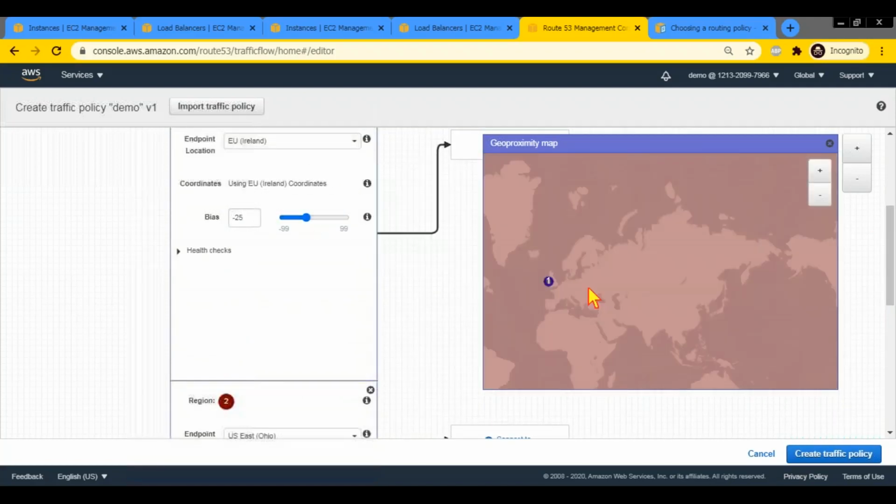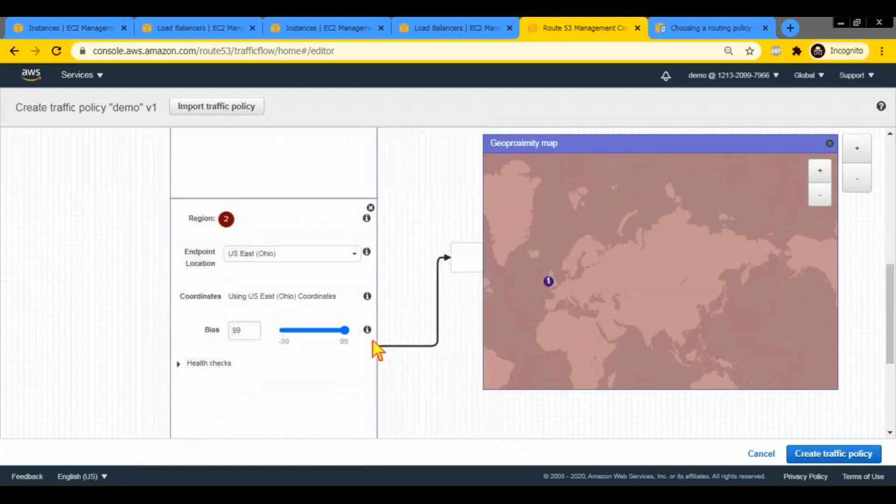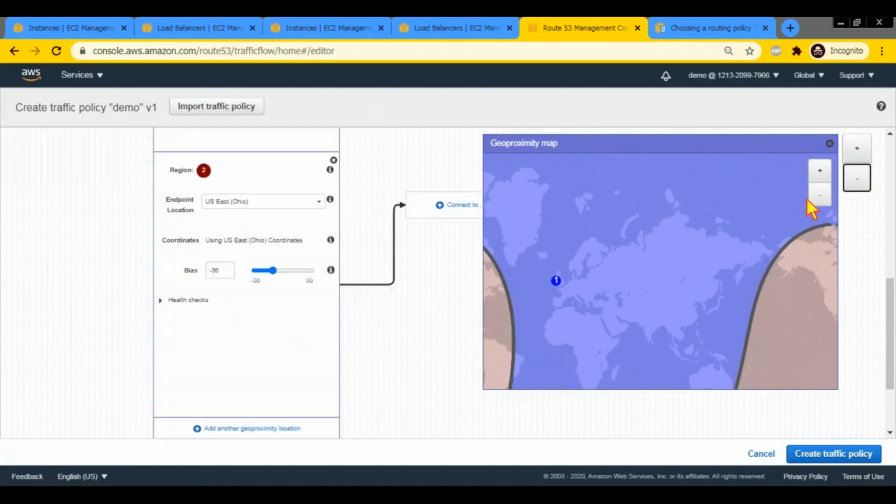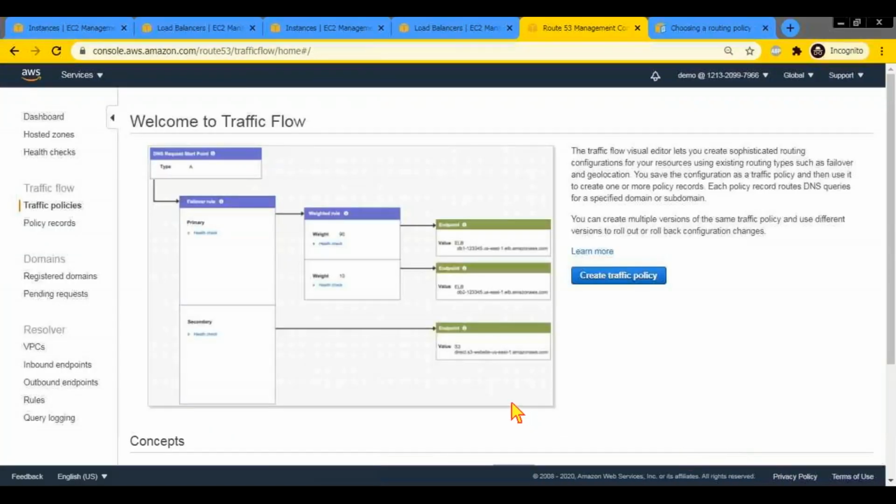Say if I bring this down, right? Let us make this something like this, right? So like this, you can split up the world. So maybe if I zoom out, it will be clearer, right? So you can control which part of the world the traffic goes to, and how much traffic goes, using this geo proximity routing policy,